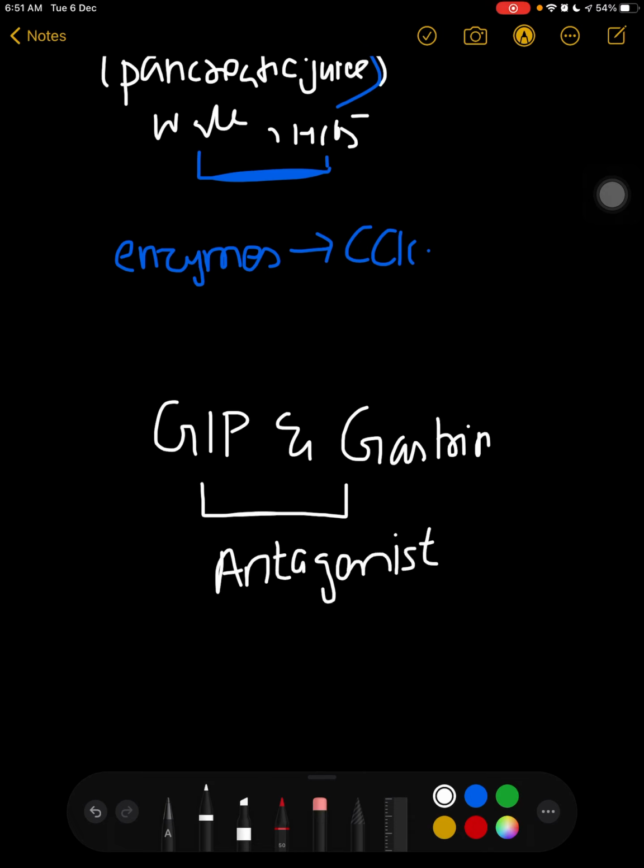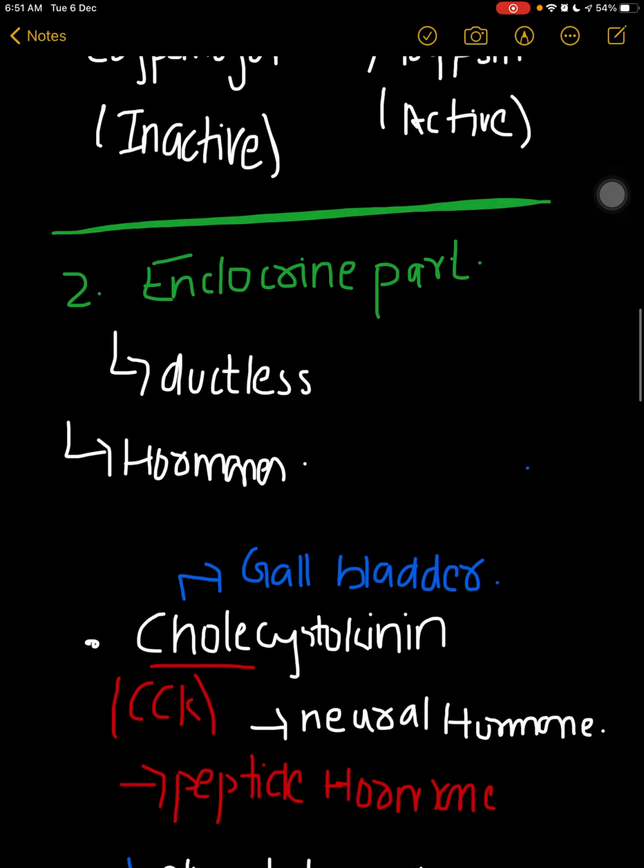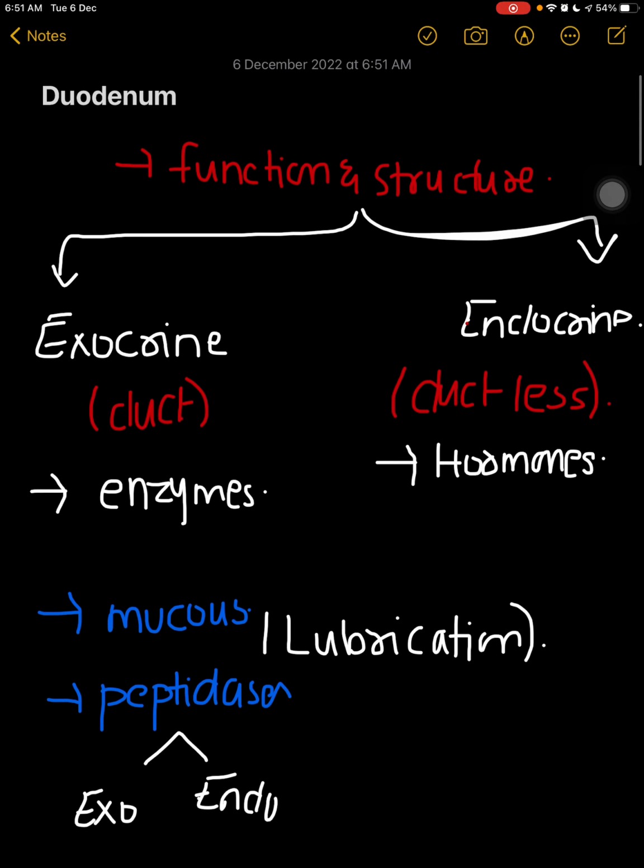How? Okay, what's the work of gastrin? It will stimulate the other cells to secrete, increasing the gastric secretion. But what is the work of GIP? It is decreasing the gastric secretion. So they are working as antagonists, right? So I hope this is clear to you. If you have any kind of question, you can comment. I'll be glad to